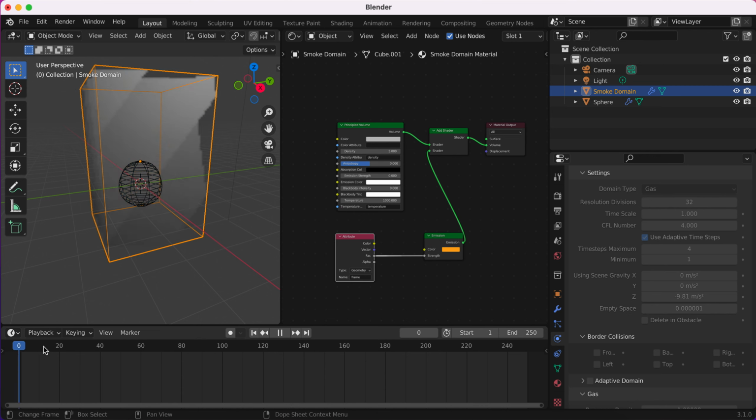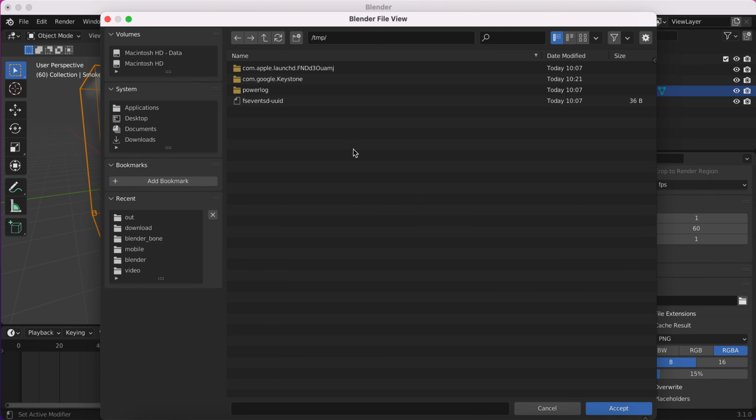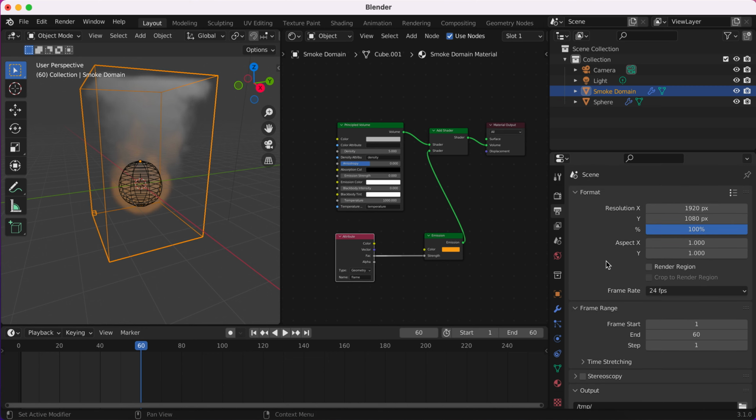So now we play, we can see it, but after 60 you cannot see. So we just adjust the whole movie to 60. That's good enough, and see the output. Okay, output no need to change, and change the resolution to,